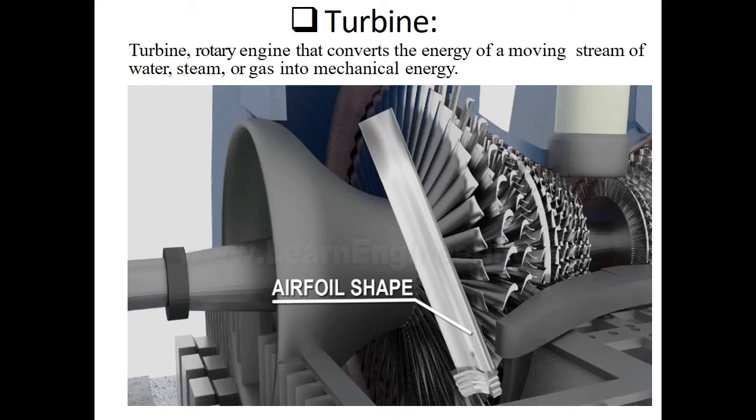In a thermal power plant, a special type of turbine is used called a steam turbine. We can see here a setup for a steam turbine. In a steam turbine, a special type of blades are used called aerofoil blades. In order to run the steam turbine, it is very essential to have the aerofoil shape of a blade.